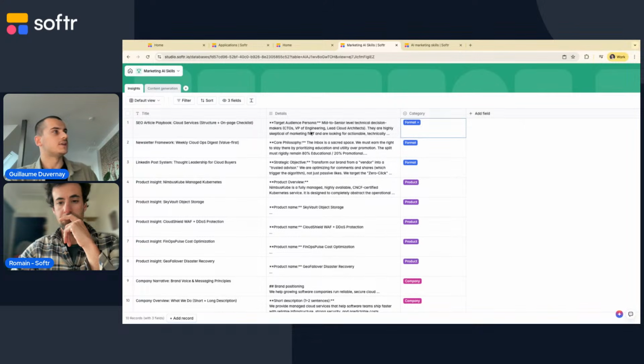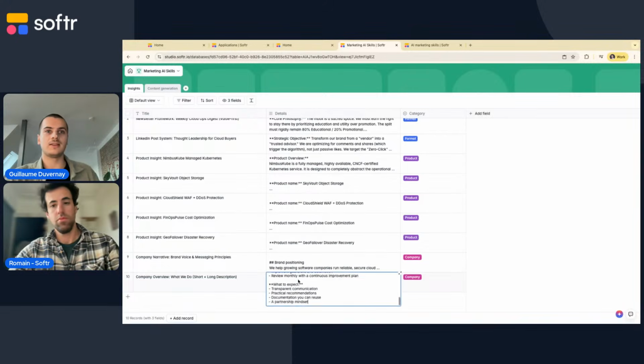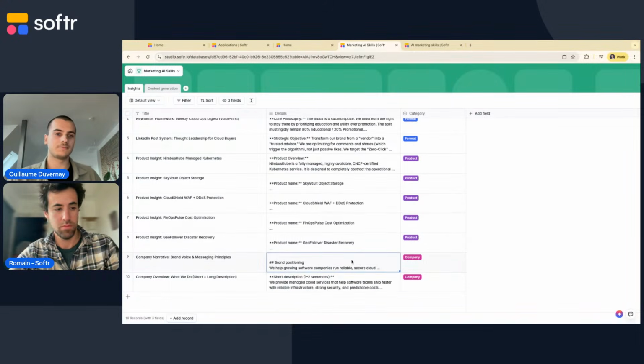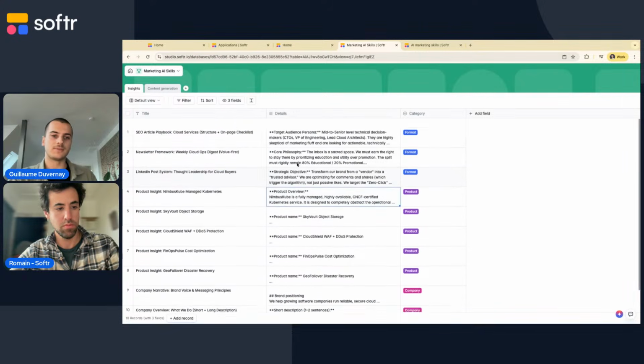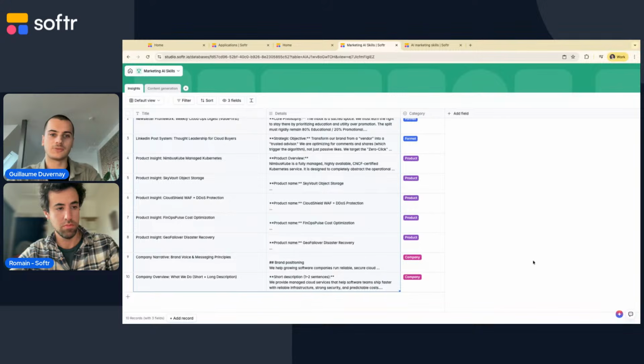And it's the concept of skills for AI agents that made me think about it. If you store a lot of insights here, we have 10, and they are not too long, but if you have 50 of those, how do you, in an AI workflow, have an AI that's smart enough to find the right records to use and to only use those, while making sure it's not using the full text at once, which might be either creating a lot of noise for the AI or too big for the context window, etc.